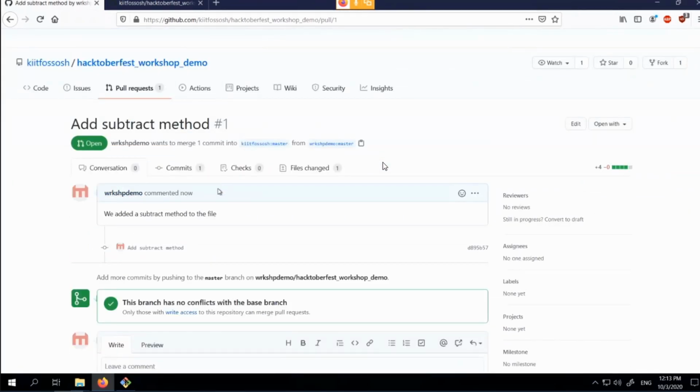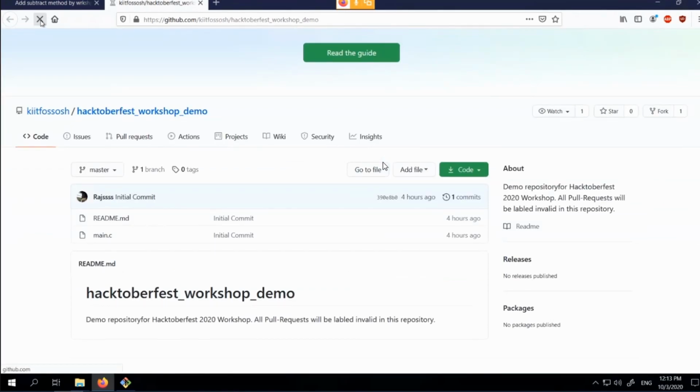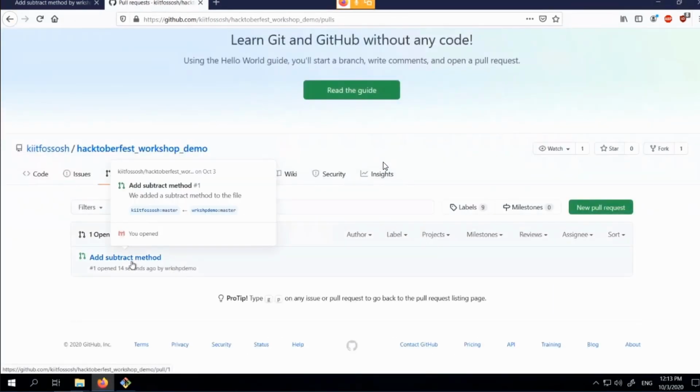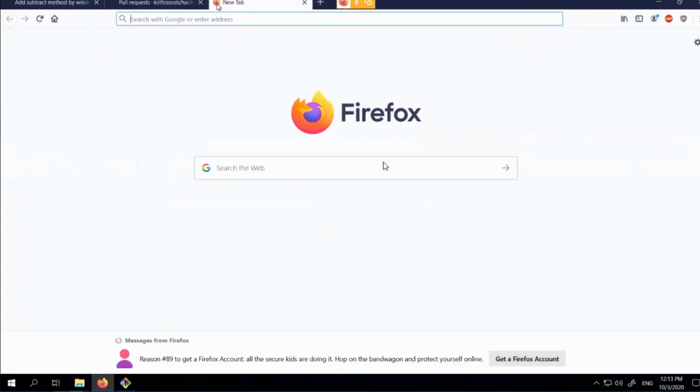The pull request will be created and it can be viewed on the main repository we forked it from. You can check your pull request will be reflected here. And after the pull request has been accepted, it will be shown here. And how it is reflected in the Hacktoberfest site, I will show you.